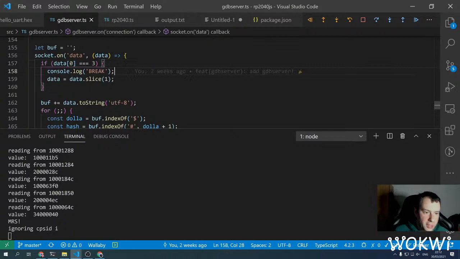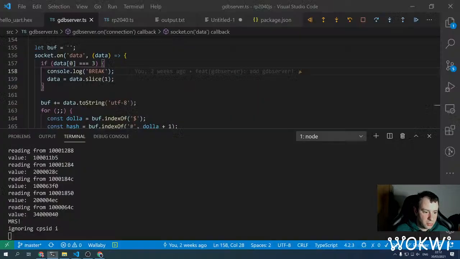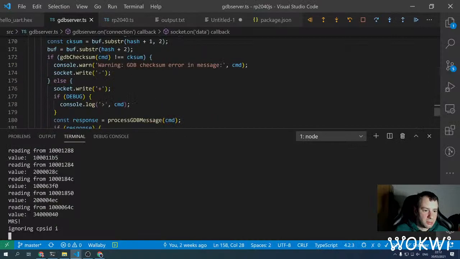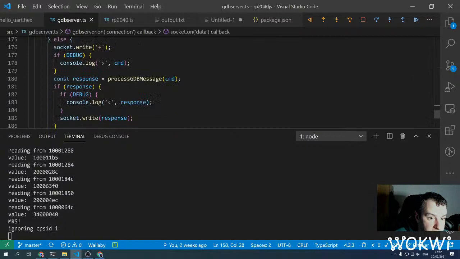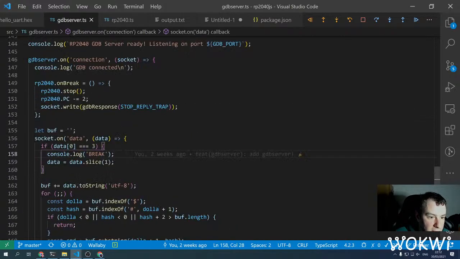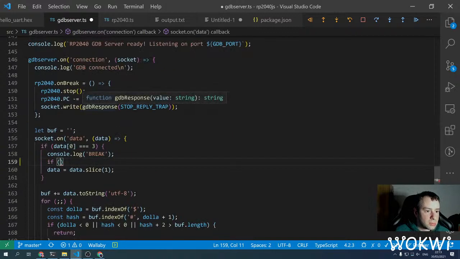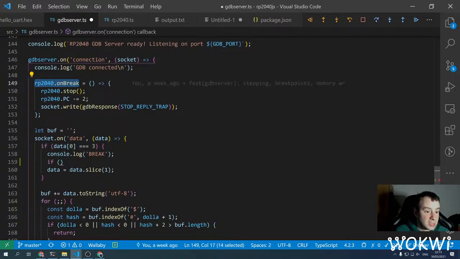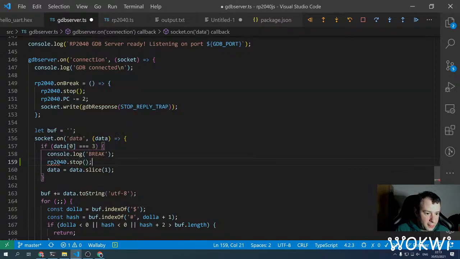So yeah, we should be breaking when we get this interrupt request, but we are not actually breaking. I see. We just print break, but we don't break. So let's implement that. If there is a break request by hitting Ctrl+C, then we should probably just call this method, or maybe just rt2040.stop, and then